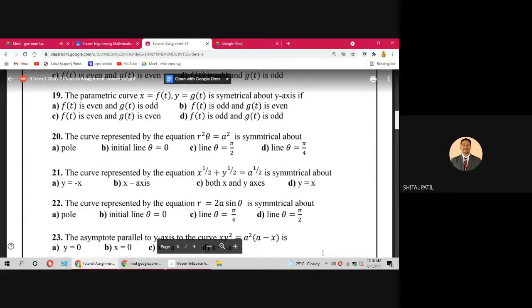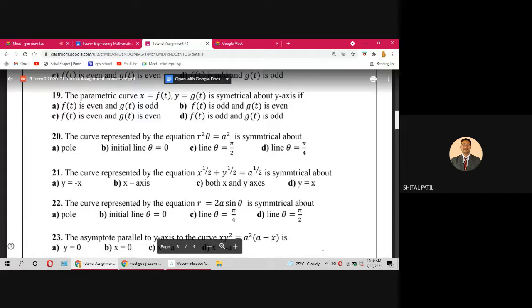Okay. Next. The curve represented by the equation r equal to 2a sin theta. कौन सा कर्व है ये, कोई बता सकता है? अच्छा, छोड़ दीजिए उसको, not required. If you replace theta by minus theta, there is change. If you replace r by minus r, there is change. Whereas if you replace r by minus r and theta by minus theta simultaneously, we can cancel minus sign from both sides. Hope you are getting it. Therefore, curve is symmetric about y-axis. That is, curve is symmetric about line theta equal to pi by 2.